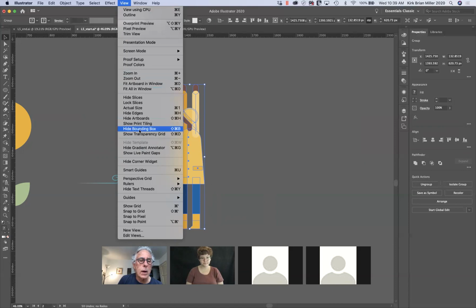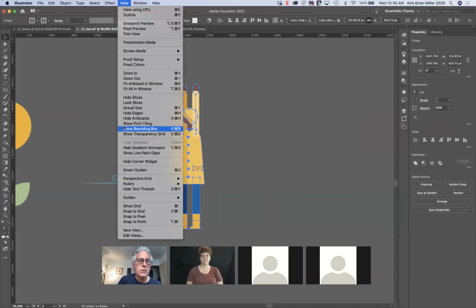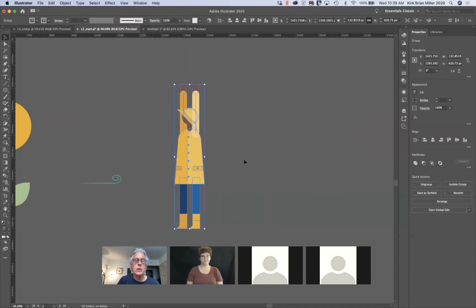It's here somewhere, hide bounding box. So that goes away. It's still edited, but I like seeing the bounding box more often than not. So I'm going to go back to View and say show bounding box. So that's there. So to scale it, on the fly, I can do it a couple of different